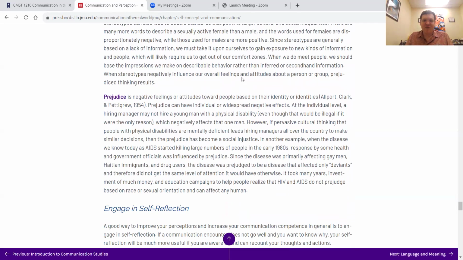So it talks about having a physical disability. Certainly, it's illegal to discriminate against someone for having a physical disability in terms of hiring, in terms of many other aspects of life. But I know many people with disabilities who say the employer assumes I can't do the job, even though I can do it, because there's some prejudice against people with disabilities, that they're not going to be as capable, even if they're given the opportunity.